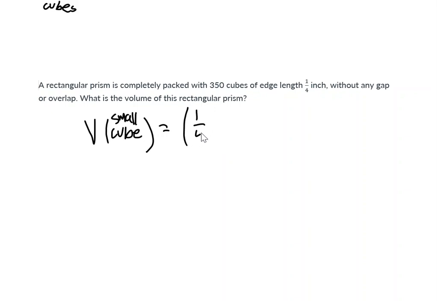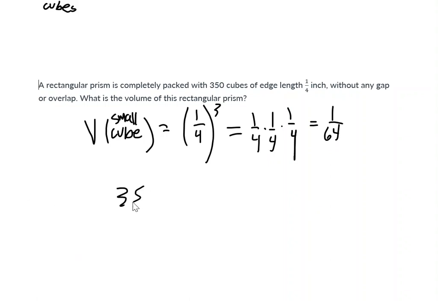I'm going to take the edge length 1/4. I'm going to cube it, which means multiply 1/4 times 1/4 times 1/4 to get 1/64. So the volume of each cube is 1/64, and there are 350 of them. So 350 times 1/64 would give me the volume of the total prism, which is 350 1/64 cubes, or we can set that up as